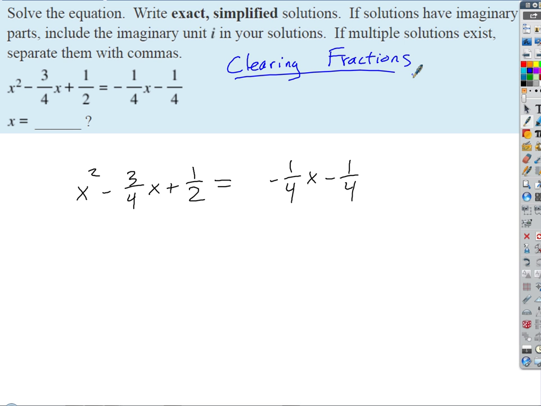When you clear the fractions, a situation like this is when it's really easy to apply, when you have a bunch of terms that have fractions in them. All you got to do is look at all the denominators and find the least common multiple of all the denominators, meaning the least common denominator, of the fractions on both sides of the equation. So what would that be here? 4. Okay, so we can multiply through everything on both sides